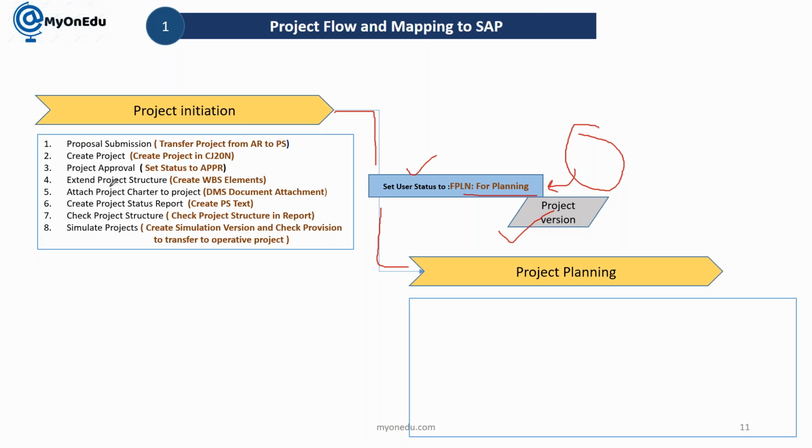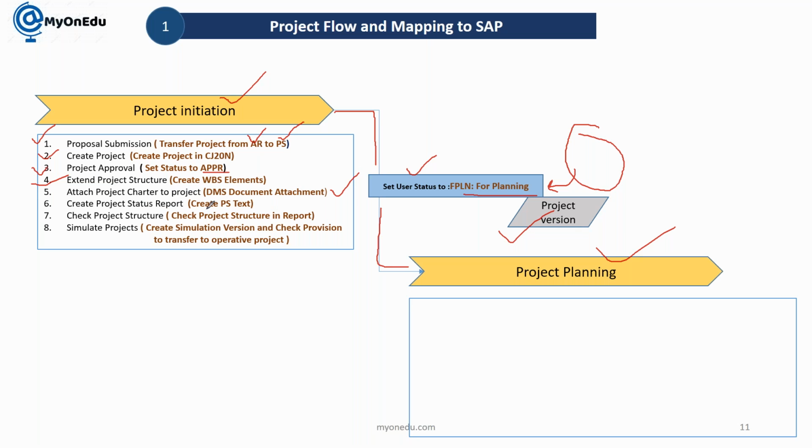Okay, so let's say when I'm having proposal submission. Proposal submission, we are managing it through appropriation request to PS project transfer, or we can create the project directly in CJ20N. Project approval we are doing based on the setting of status APPR. Extend project structure means you are just extending the structure by creating WBS elements and network activities. This option of creating network and activities can be included in the initiation or in the planning for the detailed planning step. Okay, next is attach project charter to the project, which we are doing through DMS, document management